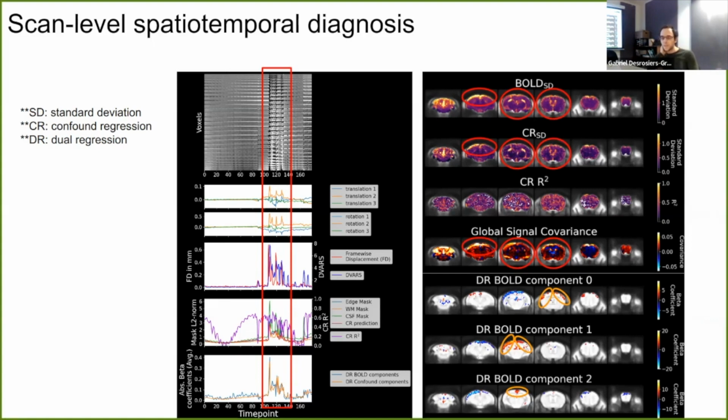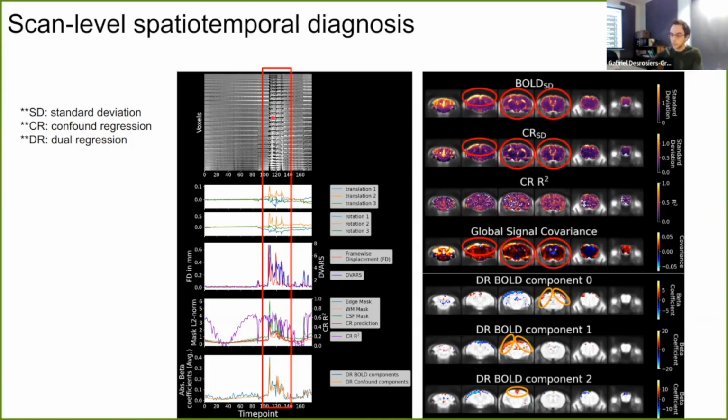Yeah, censoring, basically. Censoring, yeah. In that case, censoring would be really the main thing to do, because you have the very drastic spikes from the frame-wise displacement time course here that are driving your global signal, and applying censoring will remove